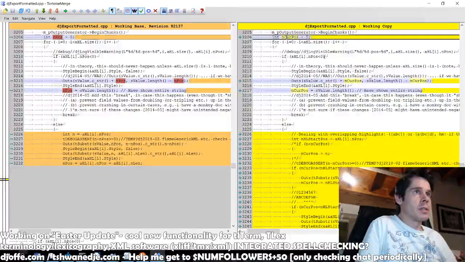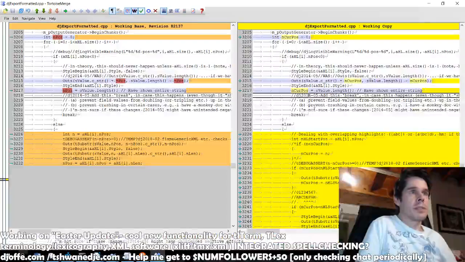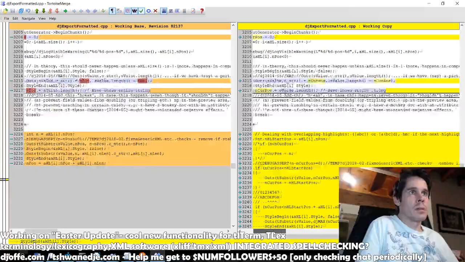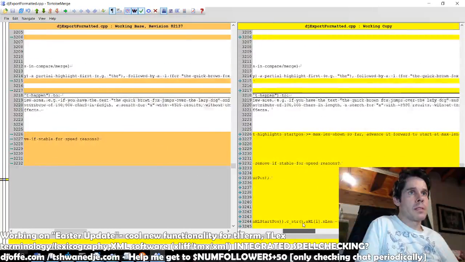Yeah, so the negative one means highlight everything. So it just displays everything and says break. It says it shouldn't happen, but actually